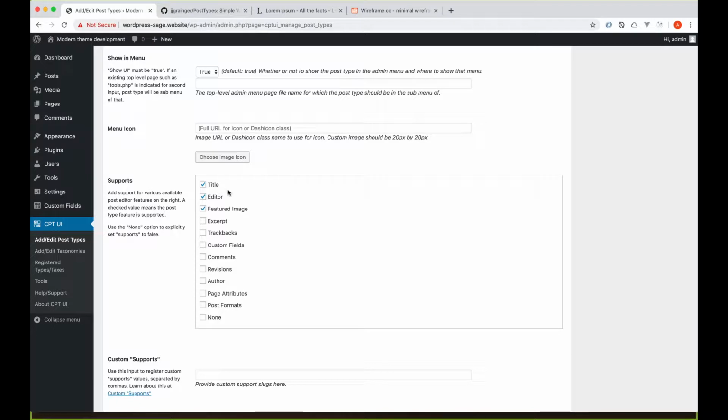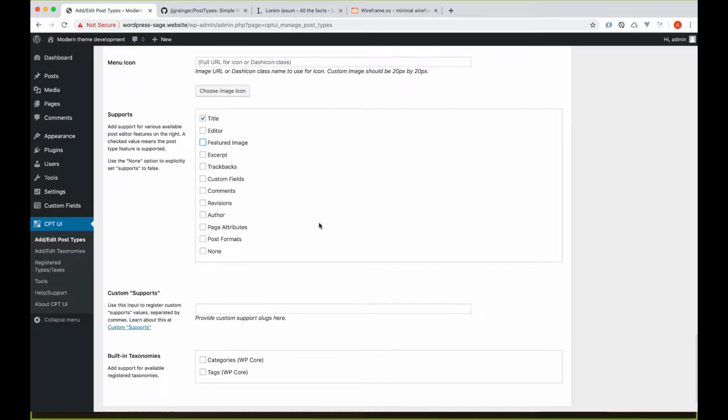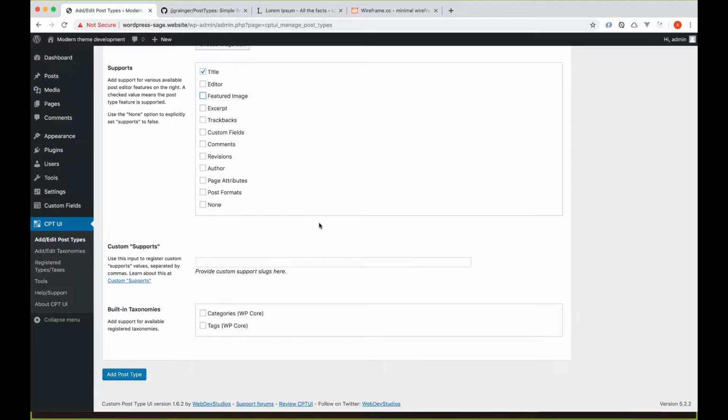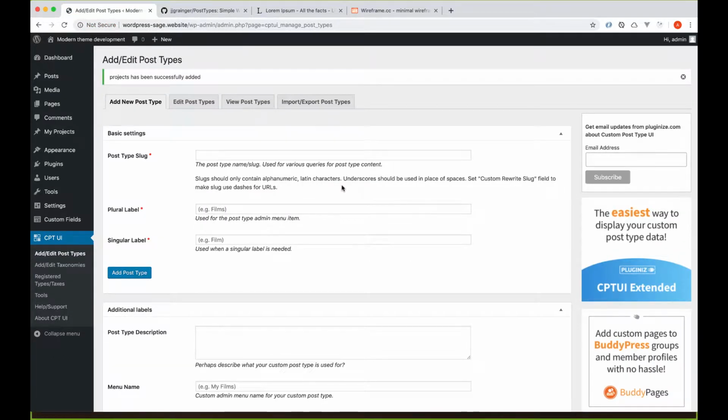So it will support the title. It doesn't have to support the editor. We don't need the featured image there, because we are going to create some custom field. Okay, and I believe that should be it. Maybe support the page attributes for template and stuff. Okay,